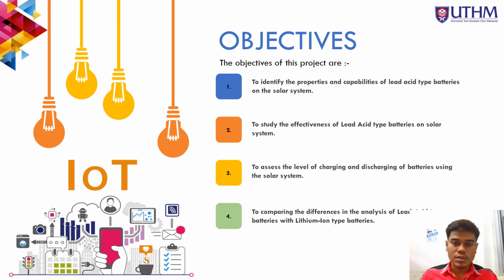In this research, there are four objectives. The first is to identify the properties and capabilities of lead acid type batteries in the solar system. The second is to study the effectiveness of lead acid type batteries in the solar system. The third is to assess the level of charging and discharging of batteries using the solar system. And the last is to compare the differences in the analysis of lead acid batteries with lithium-ion type